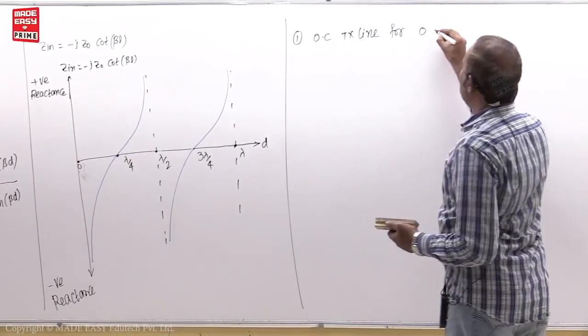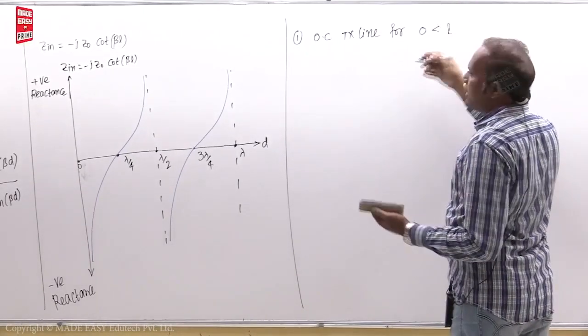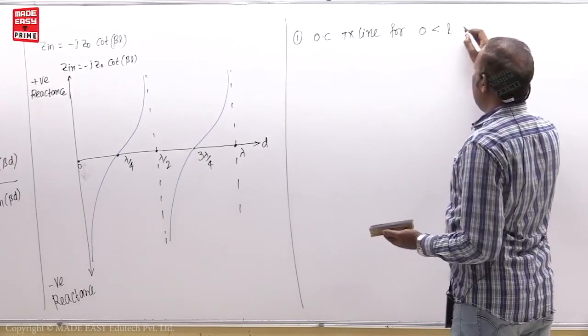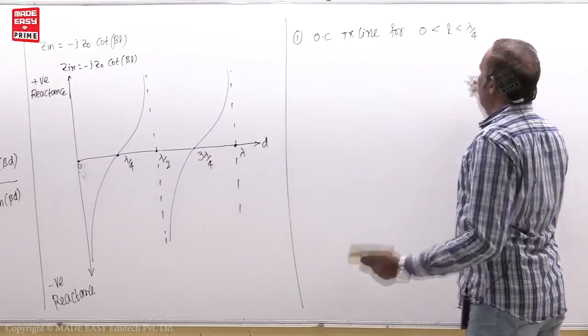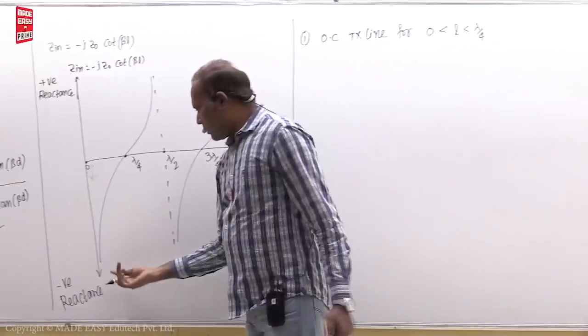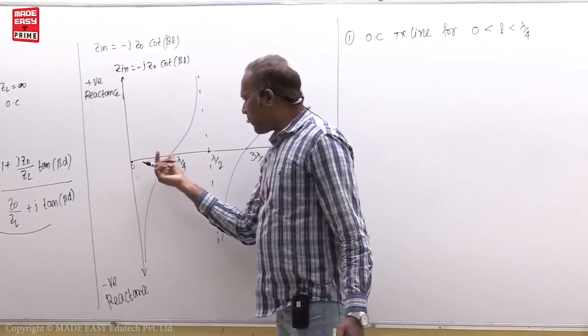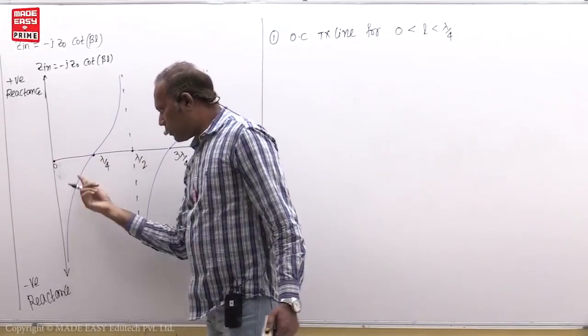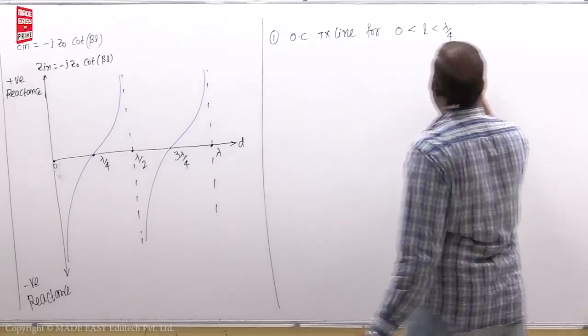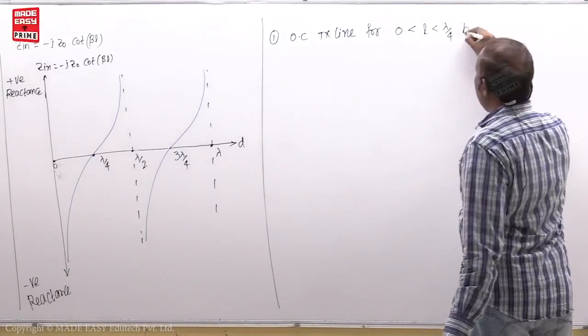Okay, 0 to L, or otherwise d you can take total length 0 to lambda by 4. That means from here to here, 0 to lambda by 4. Here the overall value is negative. That means that is a capacitor, it behaves as